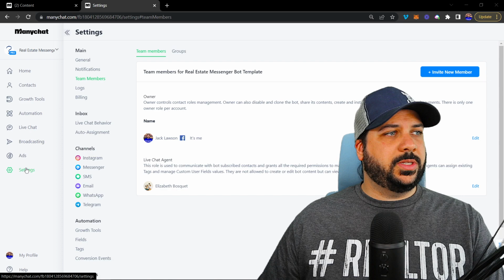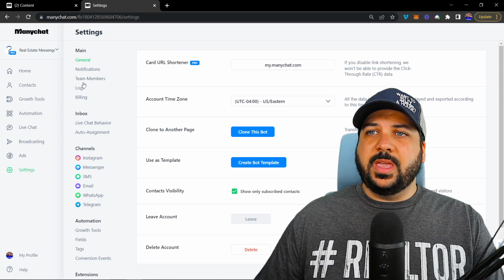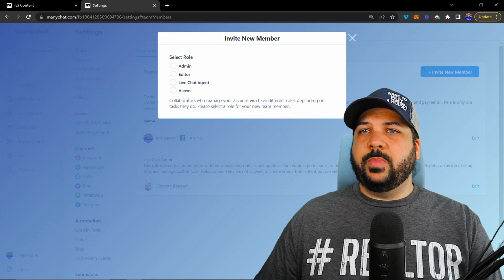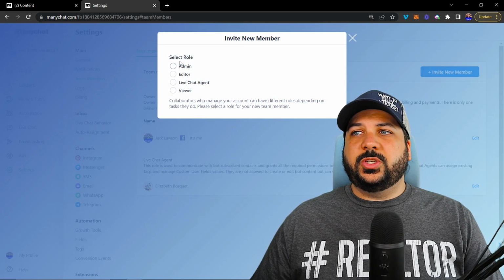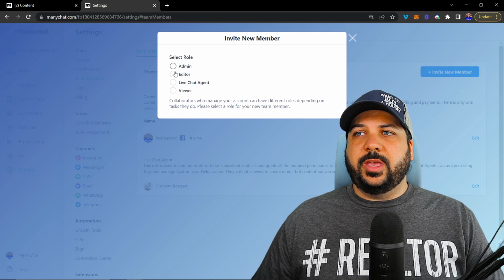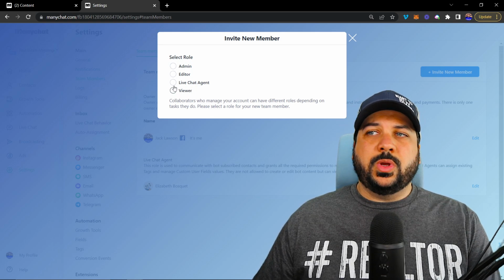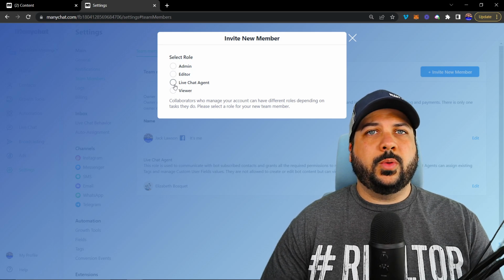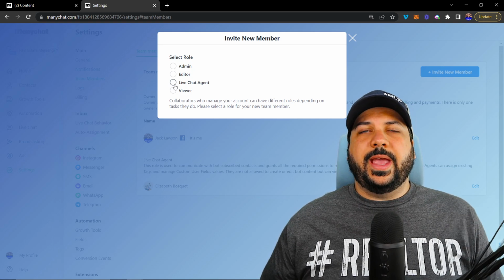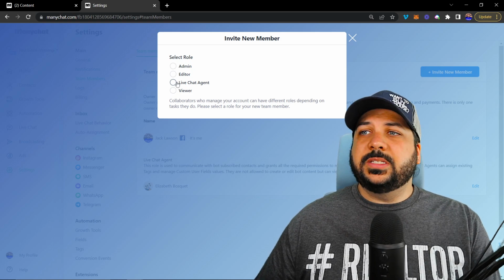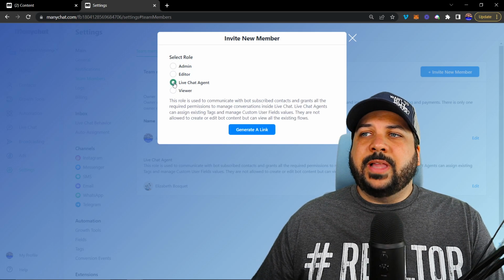So you're going to be going to your settings. You're going to hit team members, and there's a button right here, invite new member, and you'll have the option to select a role for them, either admin, editor, live chat agent, or viewer. If you're just having someone that's going to be working with your leads, let's say you're a realtor and you want to invite a loan officer in to work with some of the leads, then you can give them a live chat agent